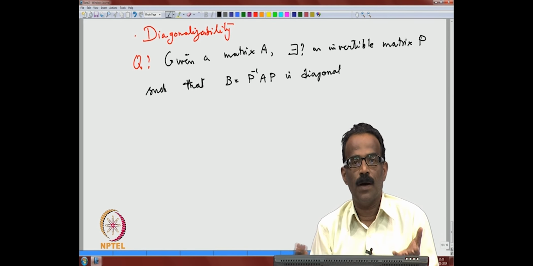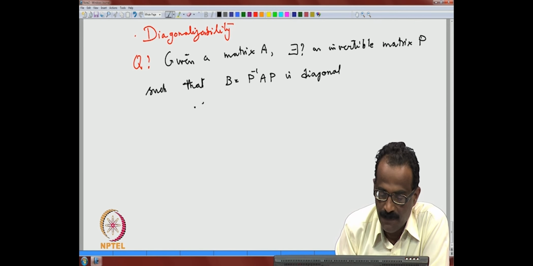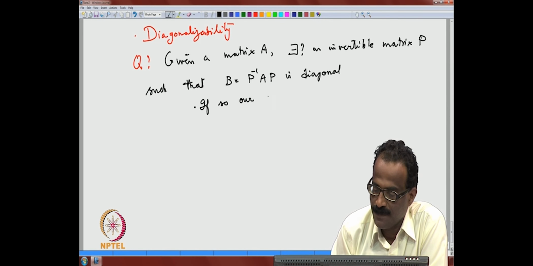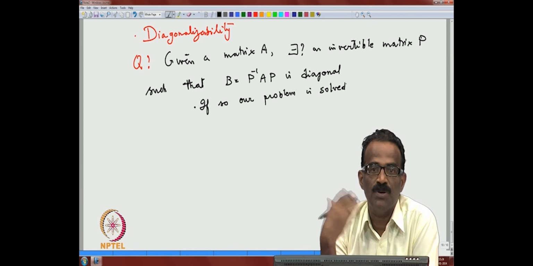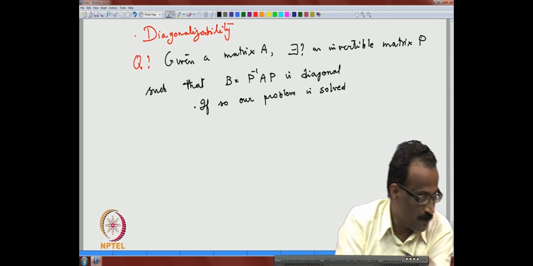If so, our problem is solved. Our computational problem is solved, because now the computation of e power B is easy, because B is diagonal. But unfortunately,